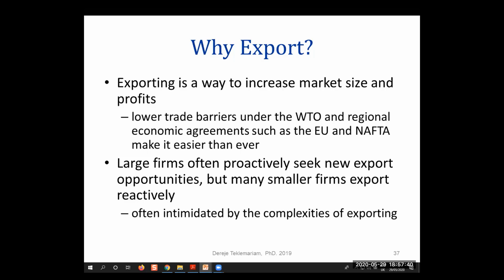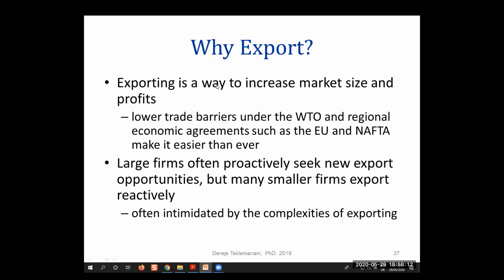Export, from an inception point of view, we have seen about 11 trade theories in chapter 1. I hope you read them, so I don't want to spend much time on that. The theory of trade, like the issue of comparative advantage and the concept of absolute advantage, I advise you to review it well. In any case, exporting is a way